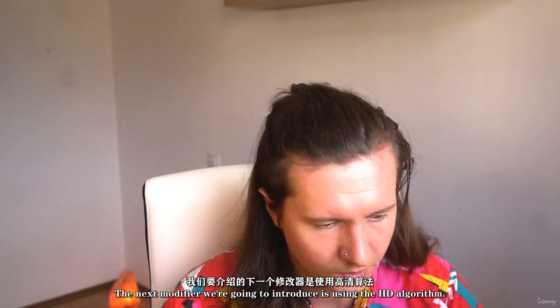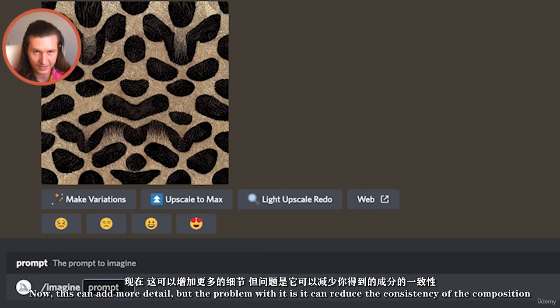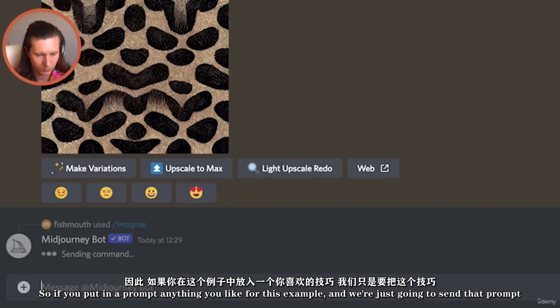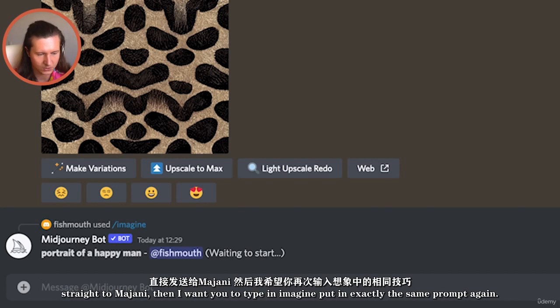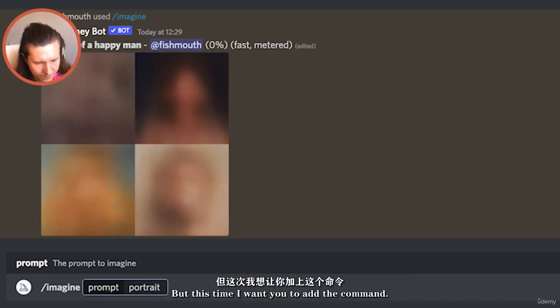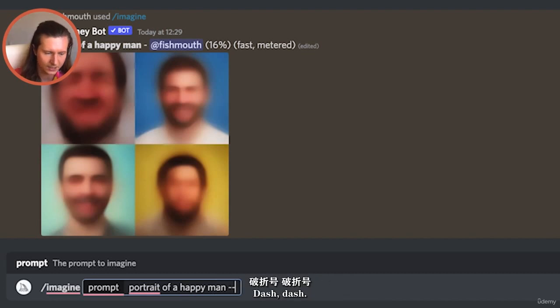The next modifier we're going to introduce is using the HD algorithm. Now this can add more detail, but the problem with it is it can reduce the consistency of the composition that you get. So if you put in a prompt, anything you like for this example, and we're just going to send that prompt straight to Midjourney. Then I want you to type in imagine and put in exactly the same prompt again, but this time I want you to add the command